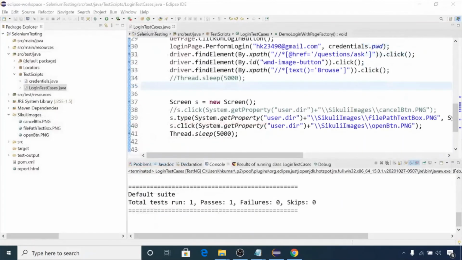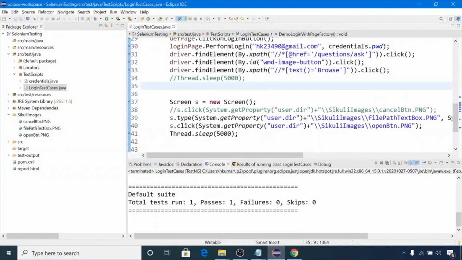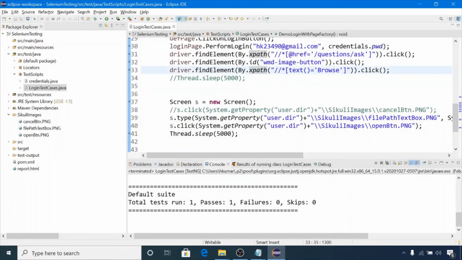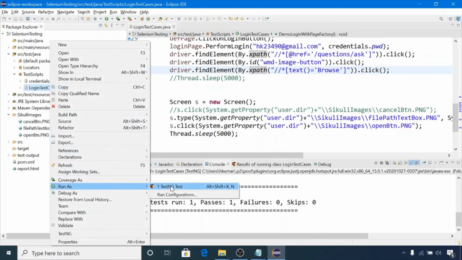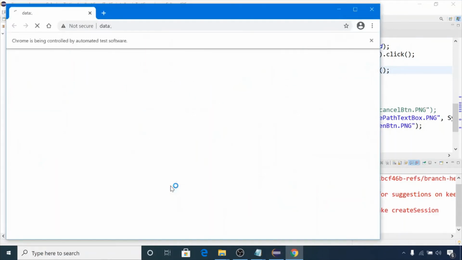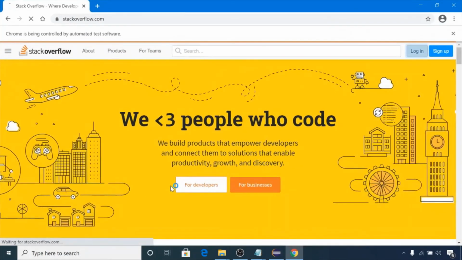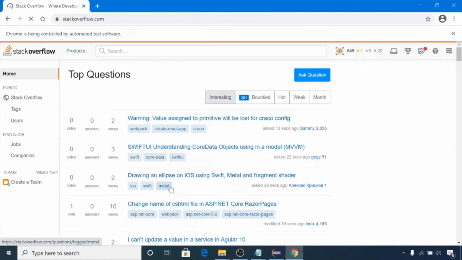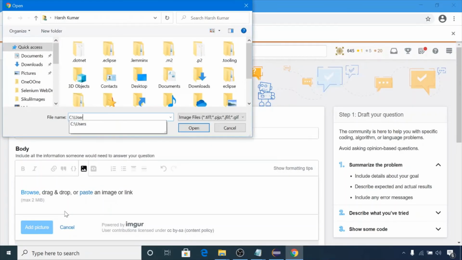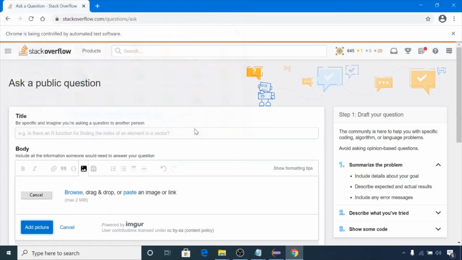Now let me try the script again and see whether it's working fine or not. Let me close this and run the script again. The system resolution is now 1920 by 1080. Have a look, it's performing all operations. It's clicking on the open button.